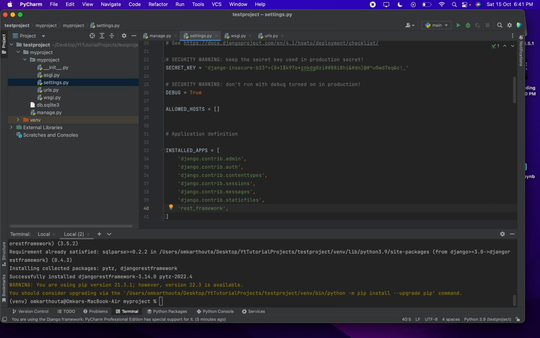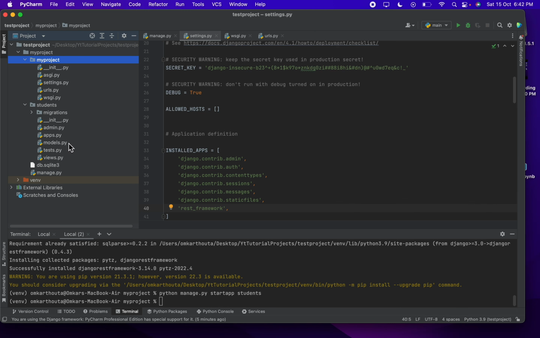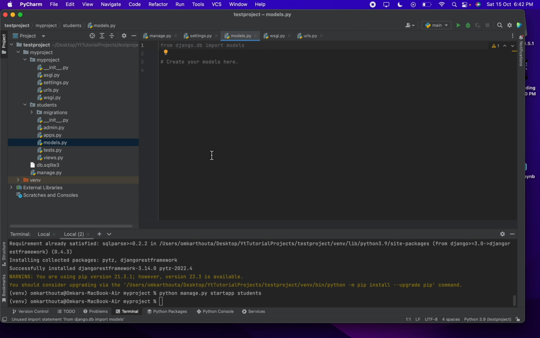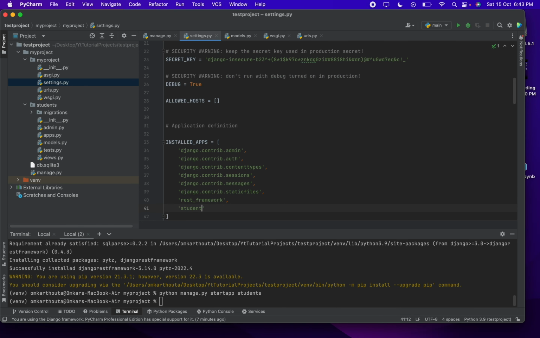So in here as well, we have to create a new app, which is python manage.py startapp. Let's name it as students. And when I run this command, we will get to see a new folder over here. Here there is a new file with the name models.py and views.py. In models.py, we will be writing the code related to the database tables. So let's write our first model to create database tables. Before that, let's go to the settings.py file, and here we have to mention in installed apps students